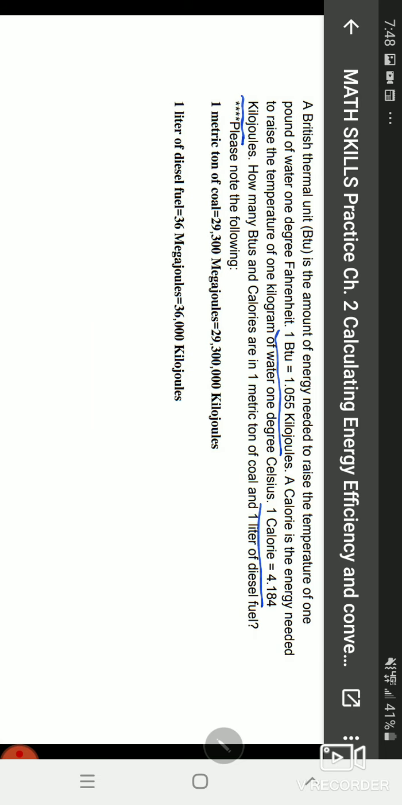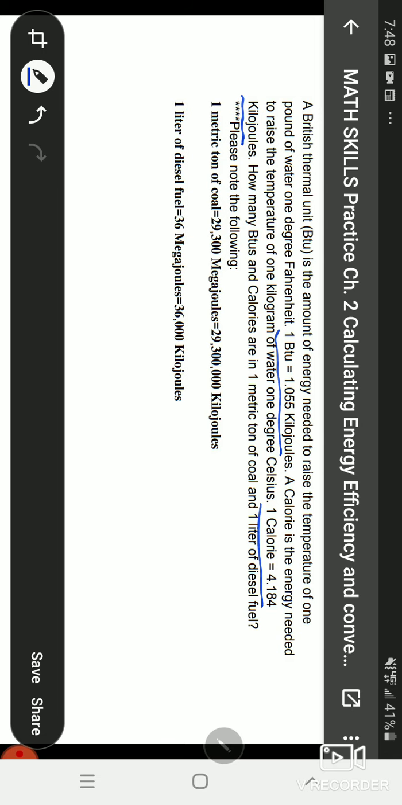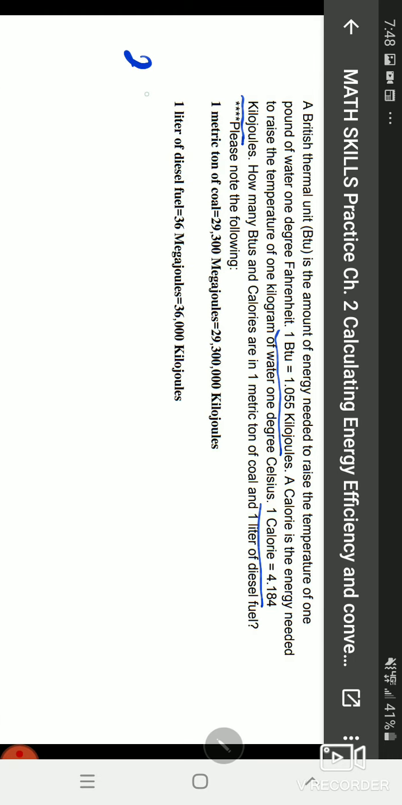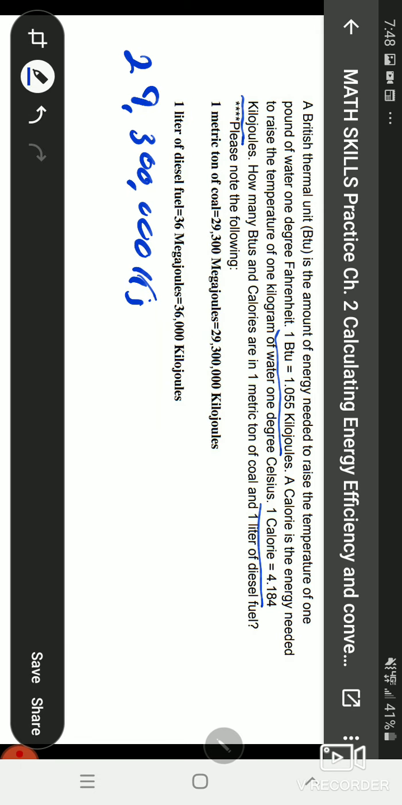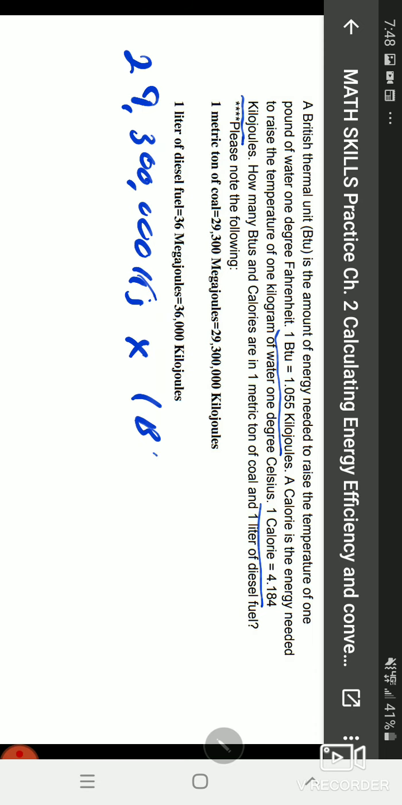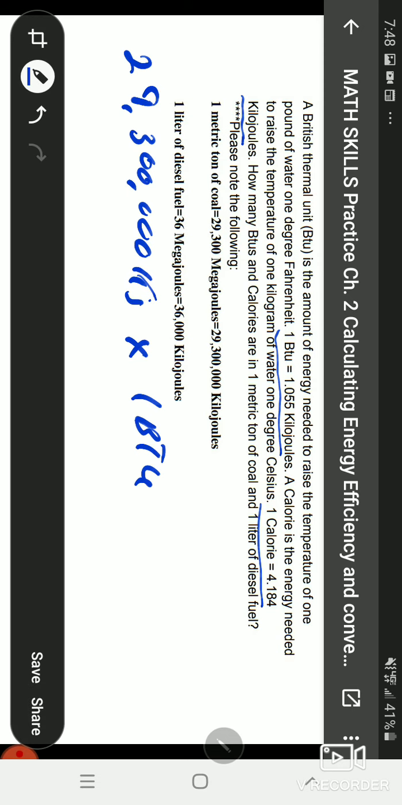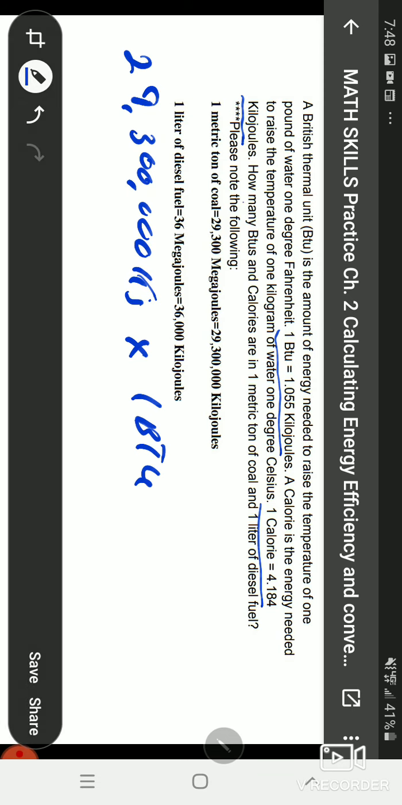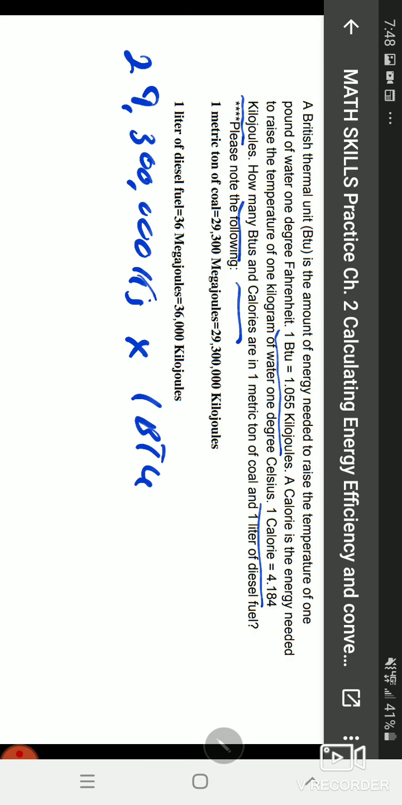And again, they're both in kilojoules. So we're going to start here with the amount that we have. 1 metric ton of coal is 29 million, 300,000 kilojoules. Now that's a big number again, but we're going to change that first to BTUs. I'm going to say that for every 1 BTU, notice that I put BTU at the top because I want BTUs to be our end result. Remember, it says how many BTUs and calories. That's what we're looking for. So for every 1 BTU, we get